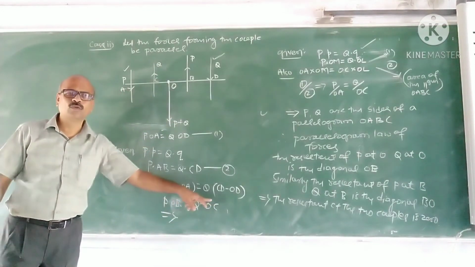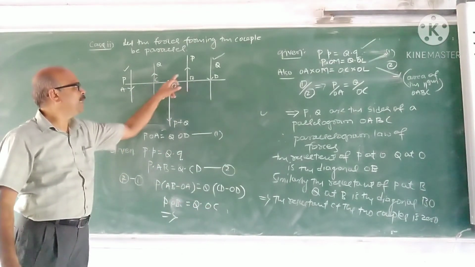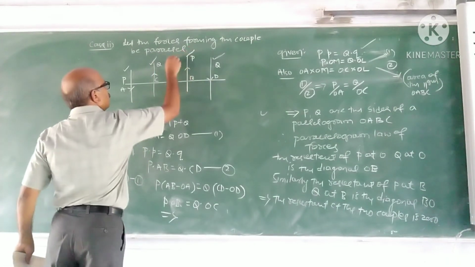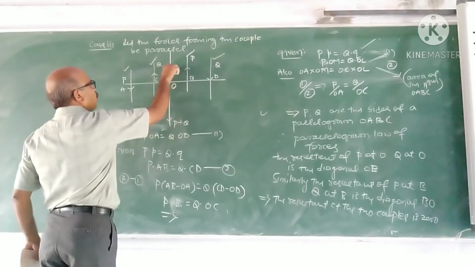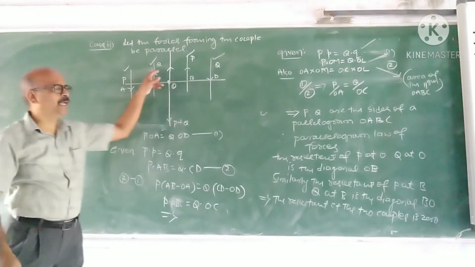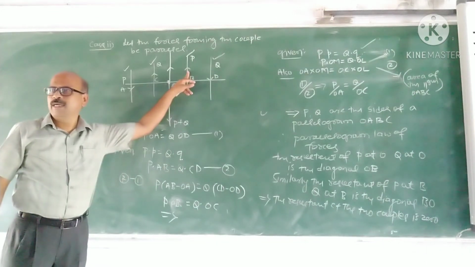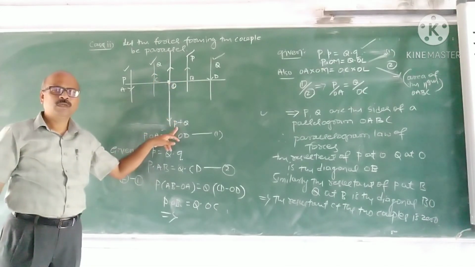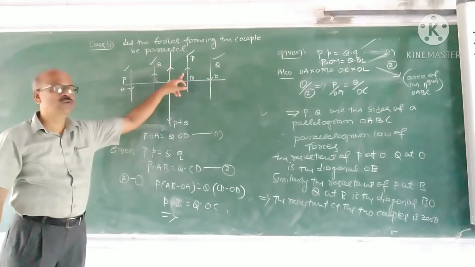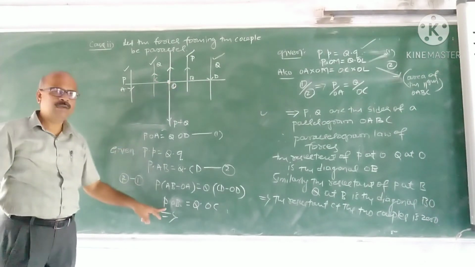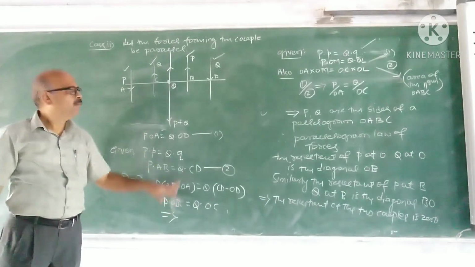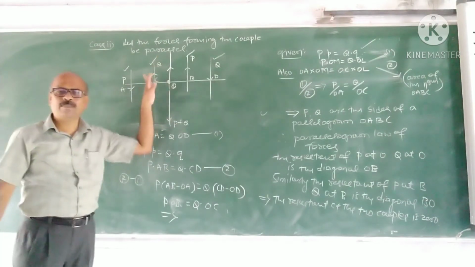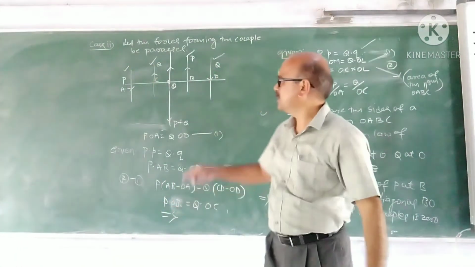Anybody, what does this imply? P into OB is equal to Q into OC. This means the resultant of these two acts through the point O but in the direction of these two forces P and Q. Correct? And what is the magnitude of these two forces? It is again P plus Q. But the resultants of these two act through the same point because P into OB is equal to Q into OC. These two are equal and they are acting in the opposite direction. Therefore, they neutralize each other.